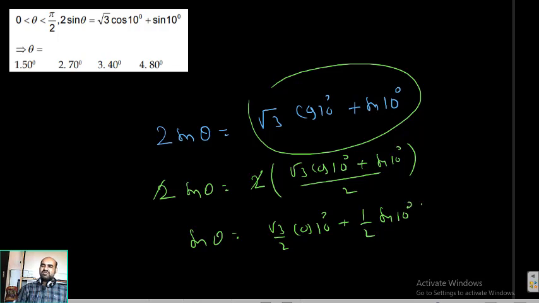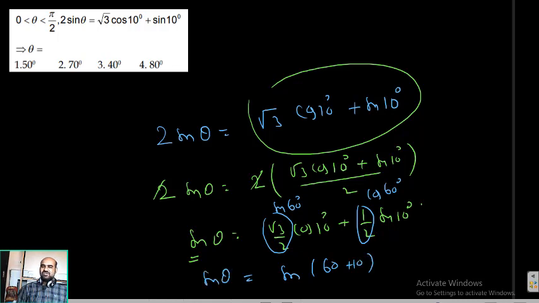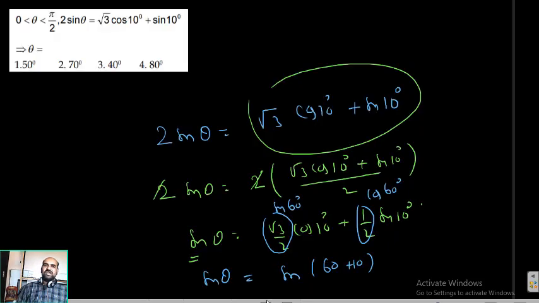Okay, we can convert this in terms of sin or cos, but the left hand side has sin, so that is why I want to take this as sin 60, and this becomes cos 60. So this is in the form of sin a cos b plus cos a sin b, that is sin of a plus b, sin of 60 plus theta. This is sin theta. So I can say that sin theta equals sin 70. Okay, so theta equals 70. So this is the answer for that.